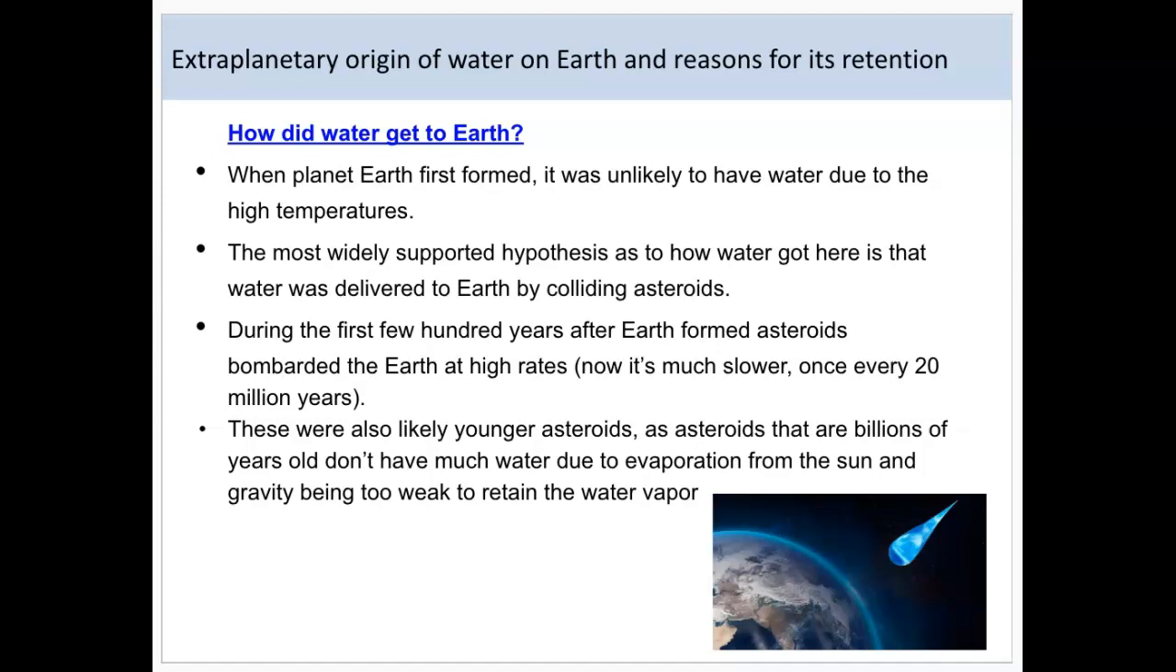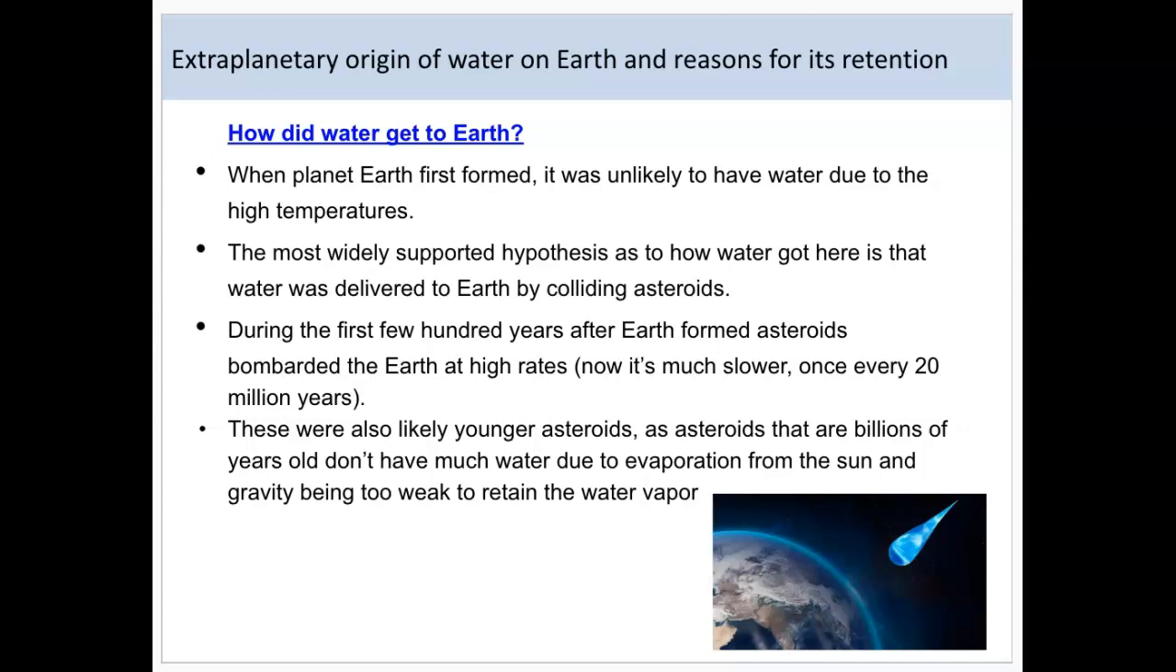How did water get to Earth? When Earth was first formed, it likely did not have any water because the temperatures were over 100 degrees Celsius. This would cause water to boil and evaporate, and therefore Earth was not considered to have water during these early formation times. There are lots of theories out there trying to figure out how water actually got to Earth, but